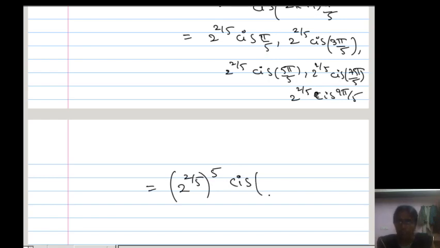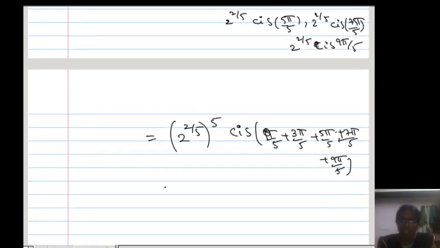So by using that, the sum of the angles theta 1 plus theta 2: 5 by 5 plus 3 5 by 5 plus 5 by 5 plus 7 5 by 5 plus 9 5 by 5. So if you simplify, what happened? 2 power 2 power by 5 cancel, you are getting the 4, cis of 5 plus 3 plus 1, 4 plus 5, 9, 9 plus 7, 16, 16 plus 9, 25. 25 by 5, 5 5 25, 4 cis of 5 5.